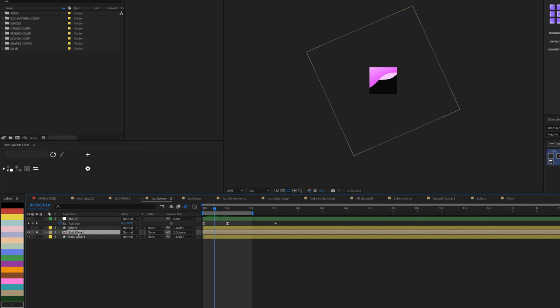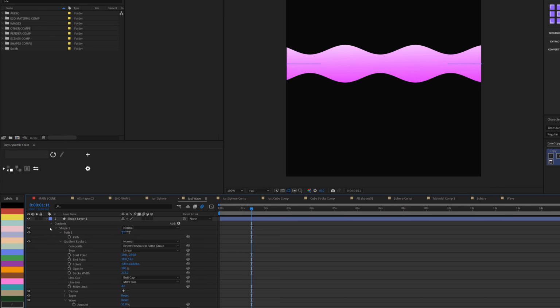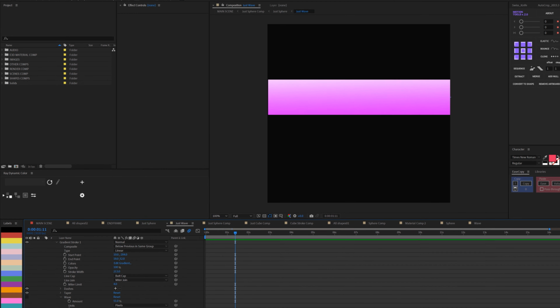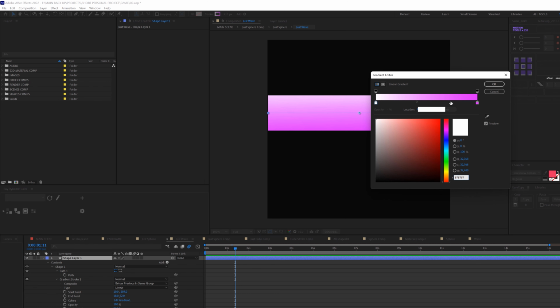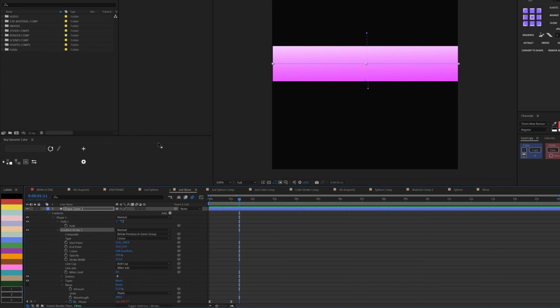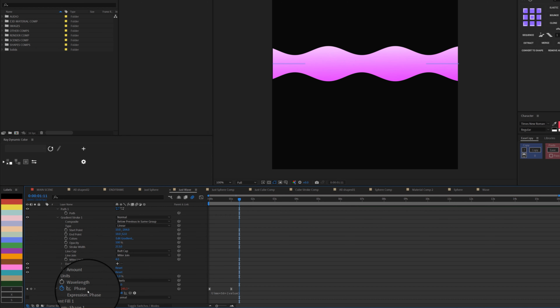But then let us go into the just wave. Basically what I did was to draw a line. So let me unsolo this, go into this, and then deactivate the wave. It's just a stroke line with 213 pixels, and I applied gradients. I made sure it was a linear gradient, and I made sure the color is this way. And basically I activated the wave, and I animated the phase, and I actually added